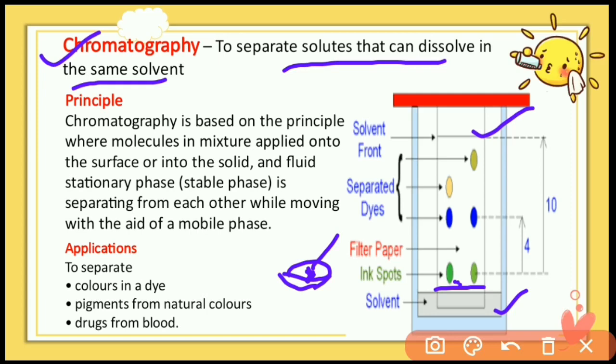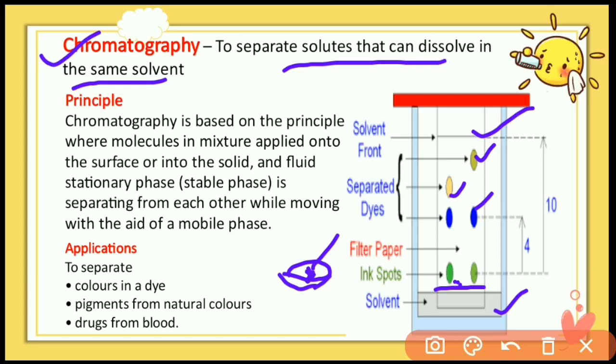After some time we will observe the water rising on the filter paper and taking along with it the dye particles, meaning the ink dye particles. We will obtain different colors because the ink is a mixture of 2 or more colors. In this way different colors of ink are obtained on the chromatography paper, and the color component that is more soluble in water rises faster. In this way the colors get separated.